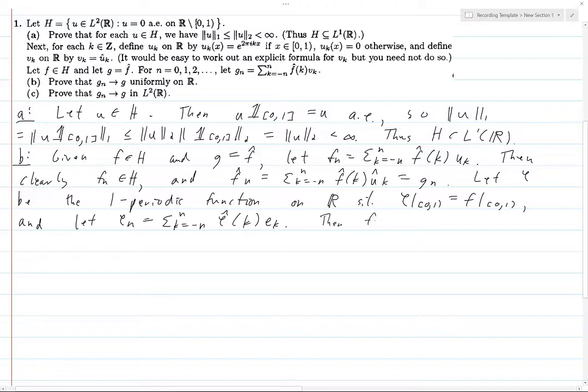Then f_n equals phi_n on [0, 1). And why is that? That's because on [0, 1), let's see here. On [0, 1), U_k hat is equal to, no, f_n. U_k here is equal to e_k on [0, 1). And in terms of phi hat and f hat,